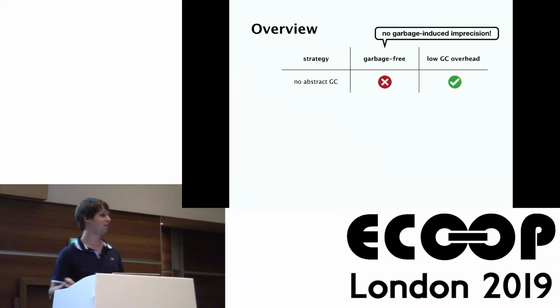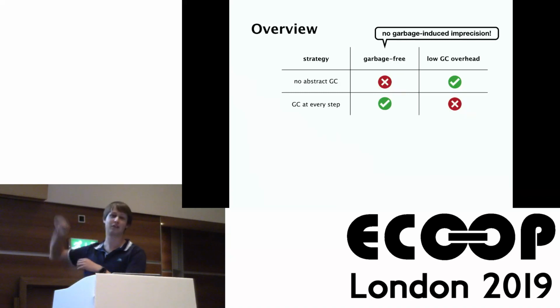Now, if you never apply abstract garbage collection, of course, you're not going to be garbage free. Of course, you're also not going to have any GC overhead. On the other hand of the spectrum, if you apply it at every step of the abstract interpretation, then by design you're going to be garbage free, but of course you're going to have a lot of overhead from those